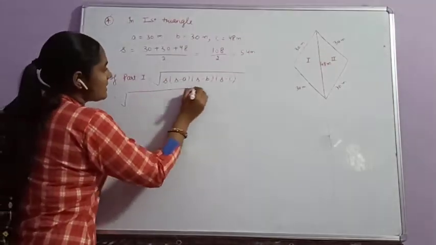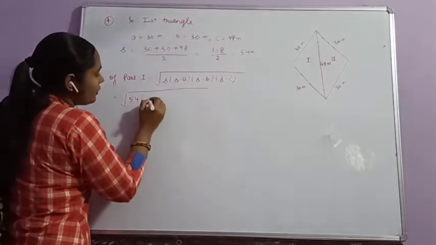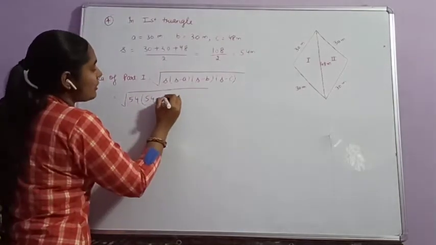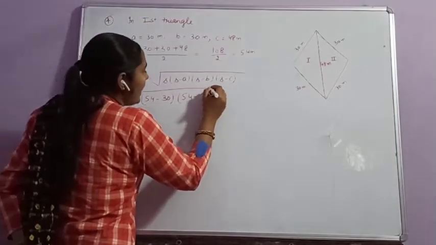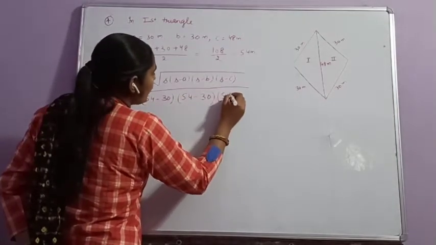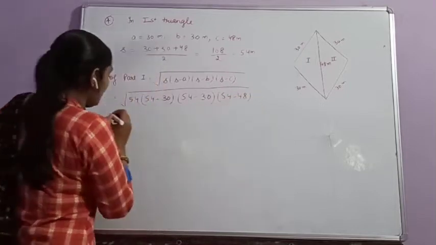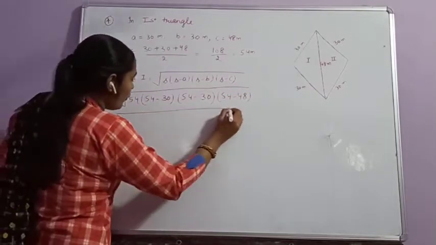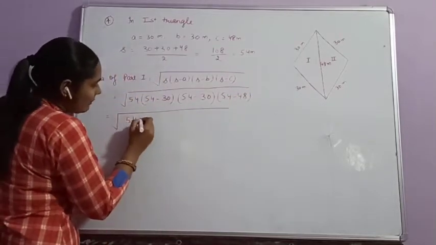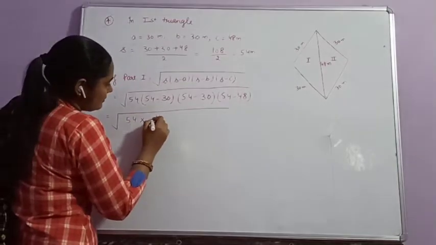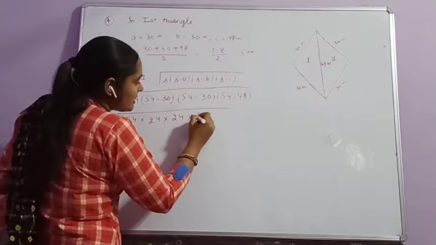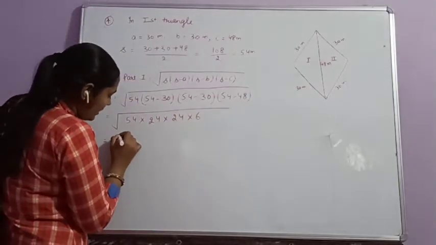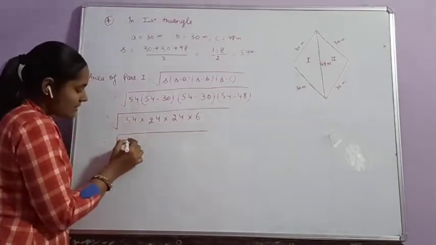Now we can put values of S, A, B and C. That is equal to S is equal to 54 into 54 minus A. A is equal to 30. 54 minus B. B is equal to 30 and C is equal to 48. That is equal to 54 multiply with 24 multiply with 24 multiply with 6. Clear? 54 can be written as